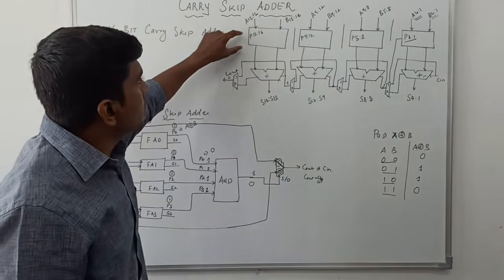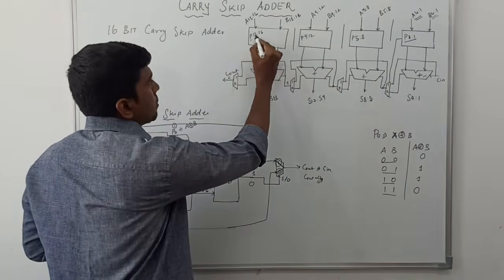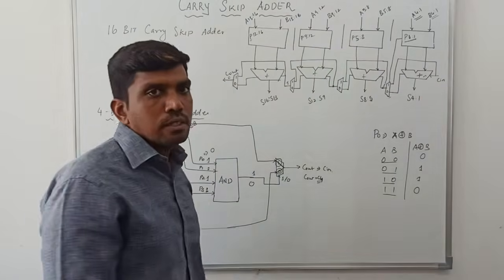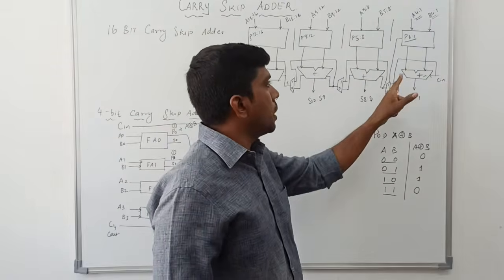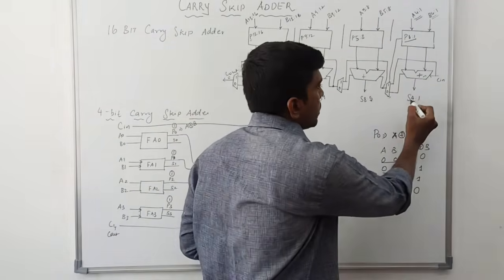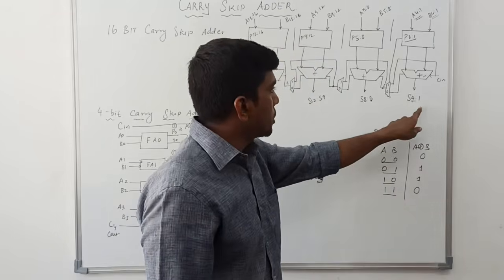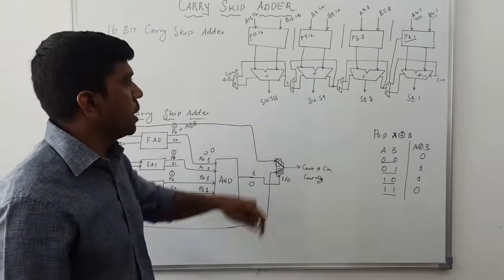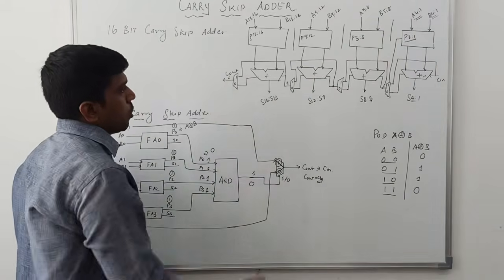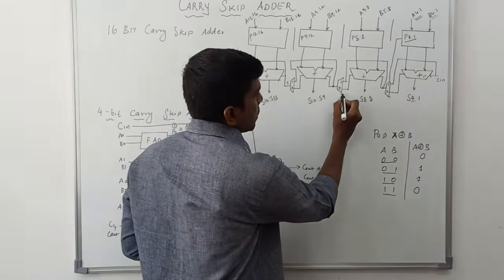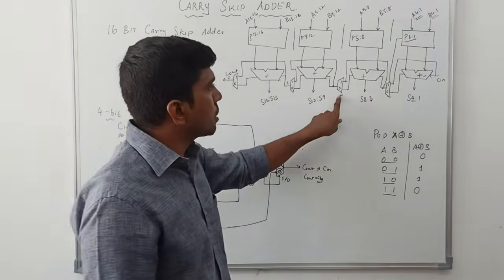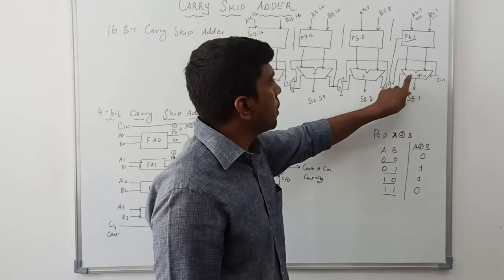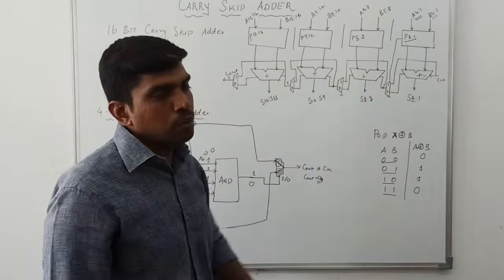In this block we find the propagate bit. P represents propagate. This block is an adder, just adding the 2 bit values, the A bit value and the B bit value. Finally you get the sum: S4 to S1, S8 to S5, S12 to S9, S16 to S13. So it's our final output. Here we are using a 2:1 mux. This mux helps to decide whether the Cin value is propagated to the next block, or the first block's carry out is propagated to the next module.